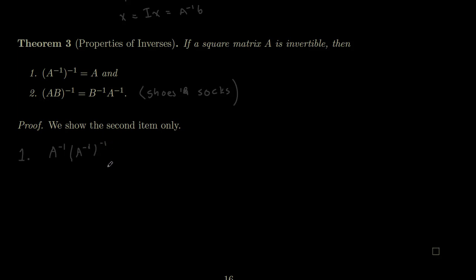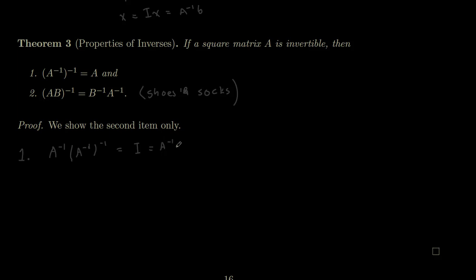The inverse of the inverse times the inverse is 1, right? The identity. Because I'm just grabbing the inverse of the inverse and multiplying it times the inverse. Think about A inverse as the matrix B. Something B times B inverse has to be the identity. But on the other hand,